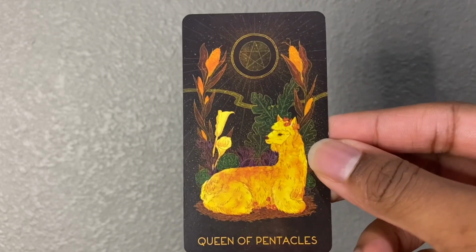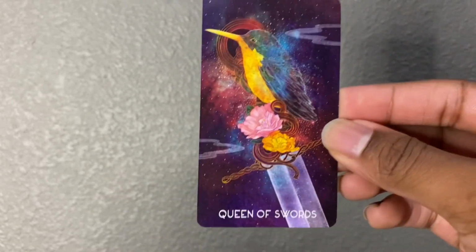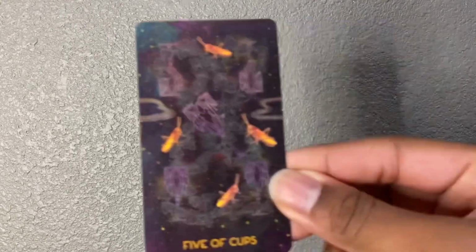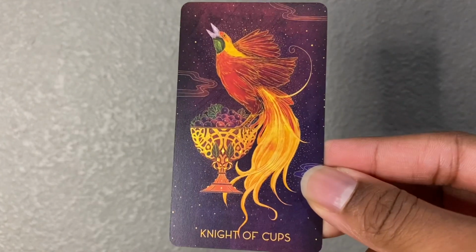3 of Wands, one of my favorite cards in her deck, Queen of Pentacles, the Moon, yep. Queen of Swords, King of Swords, Page of Swords, 5 of Cups, Death, 4 of Swords, Knight of Wands, Queen of Wands, Knight of Cups,